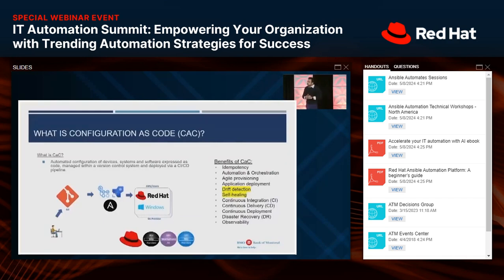So if there's a drift that is going off the baseline, if there's an undocumented or unapproved change, it will actually log it into a log file. Now, there are two things that go in that log file. One, the name of the file that has actually drifted, of course, because that's probably the most important part of this. Second is the audit information about that file. So you want to know the timestamp of that file when drifted, and also the location of the file, so you can quickly find out what's happening and where it's happening.